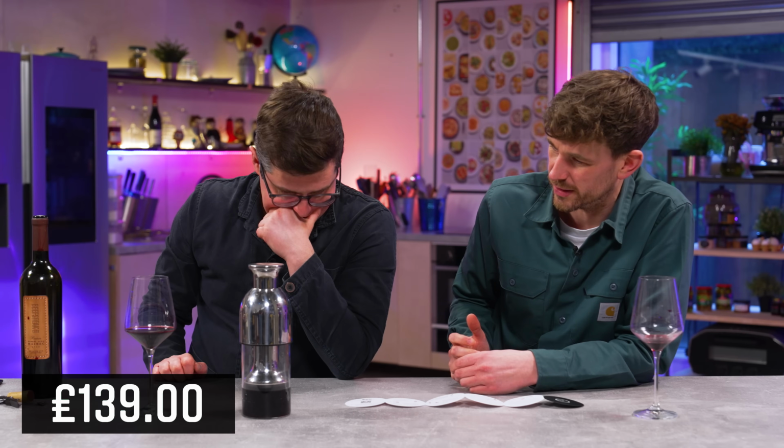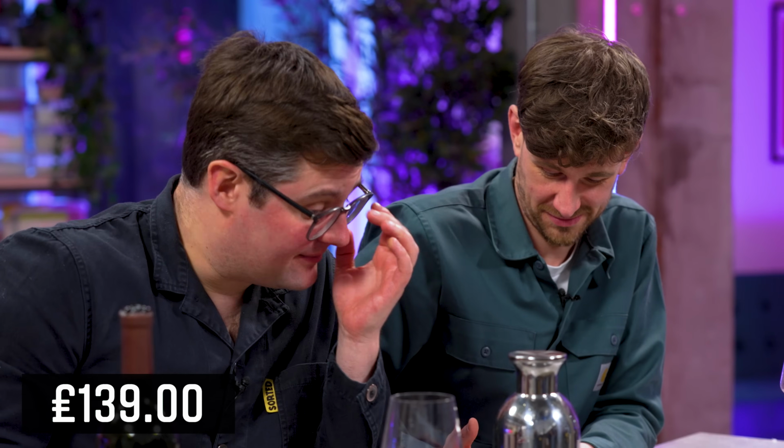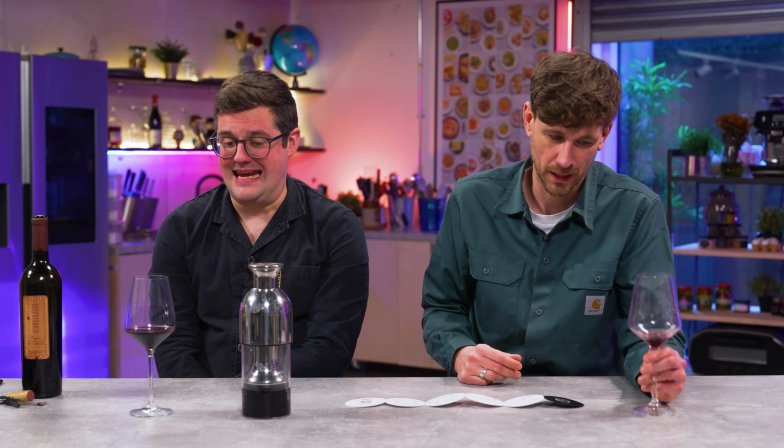£139. Yeah, it's a lot. This is the stainless mirror version. There is also a gold one. It works. And if that's the world that you live in where you're trying to preserve expensive wines for days to come, it's a good shout. I'm not very good at preserving wine. I do think there are much cheaper ways of doing it, but I like it, it's elegant,